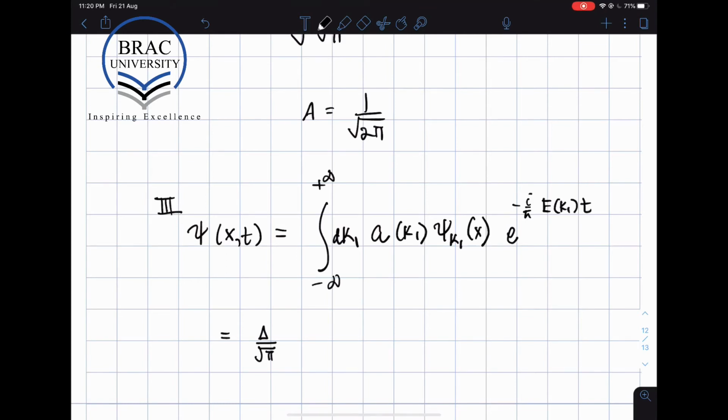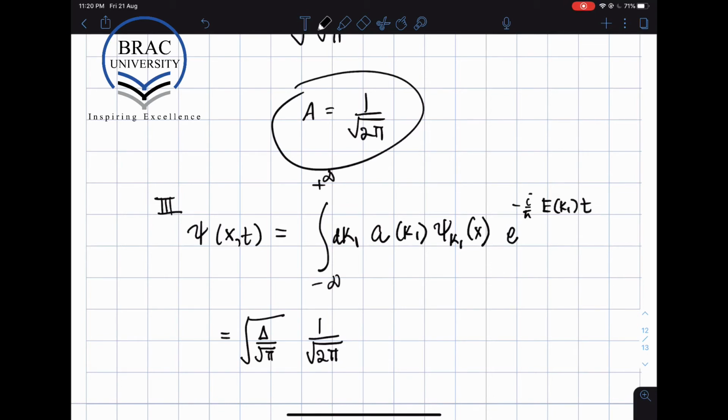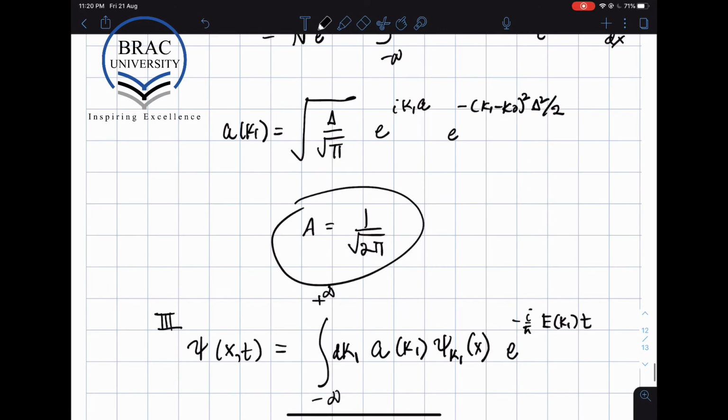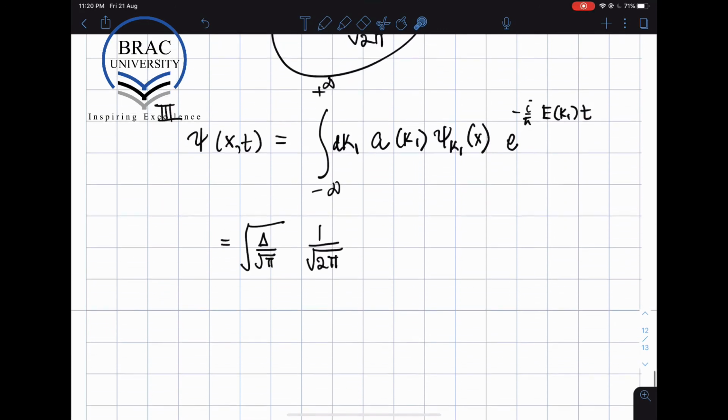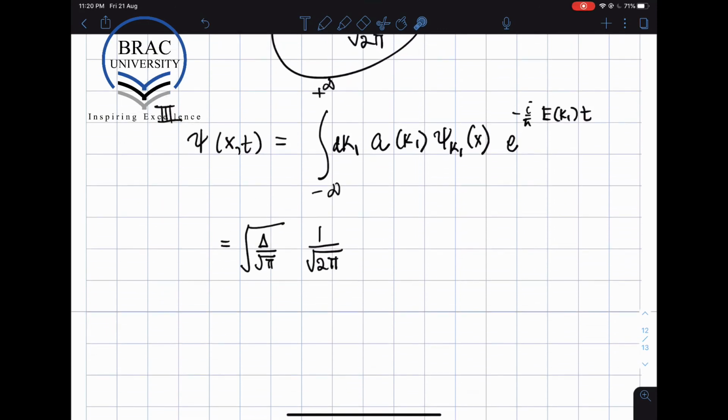of pi, the whole thing under a square root, so this comes from a, and then we also get from psi a square root of 2 pi. We are using this normalization here for the value of a, and this normalization was fixed by trying to normalize this guy. And then we have the integral,